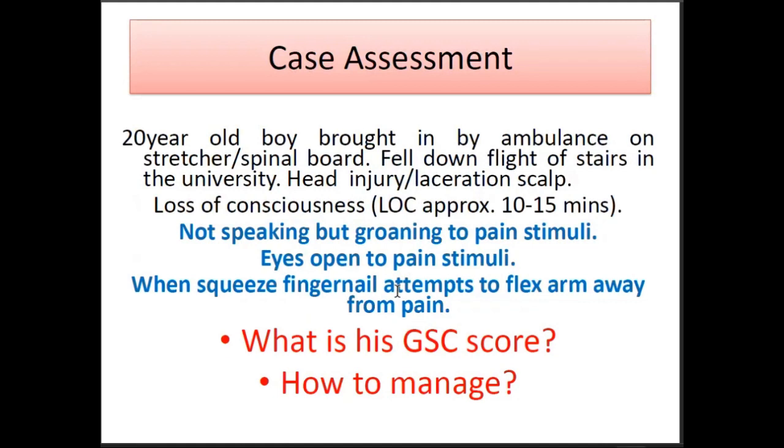Okay. Not speaking but groaning to pain stimuli. يعني إيه groaning؟ يعني incomprehensible، الفيربال حقه بين ال 2 و 3. خلاص. I open to painful stimuli يعني 2، أخذ الاثنين، هذه 4. أوكي. He flexes the arm away from pain يعني withdraws، يعني أخذ 4. خلاص. تمام. أوكي. So دحين عنده 2 2 4. So what is his GCS, how you manage?